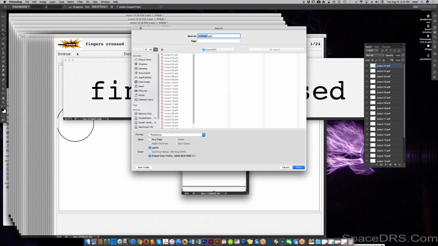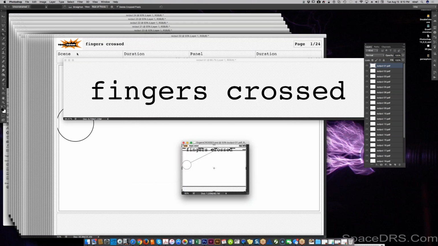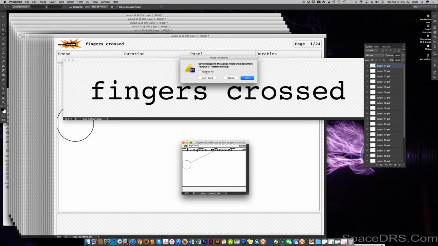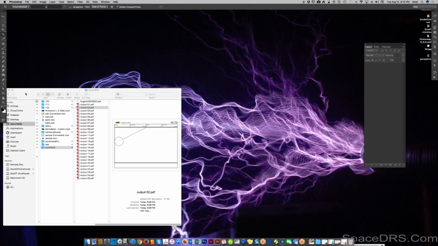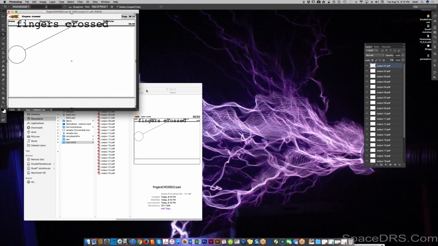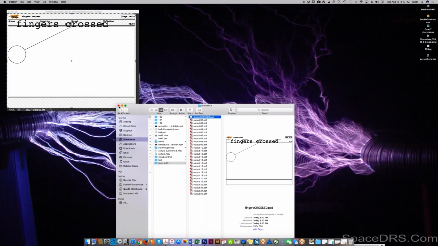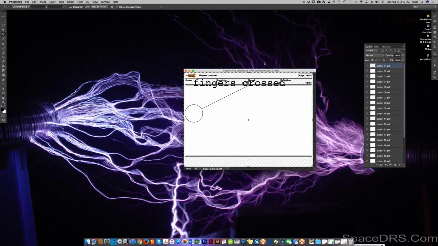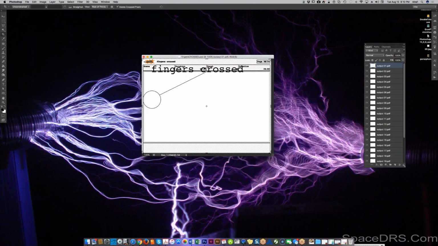Save as, fingers crossed. Save and save often. Okay, now I'm actually going to close all the other files, and you can go close all, and I'm not going to have it save anything because I already saved the one I wanted to keep, and it should just close them. Okay, good. Now we've got our PSD, and I will put this away so we don't need to look at that. Now, once you get your files into your stacked layer,